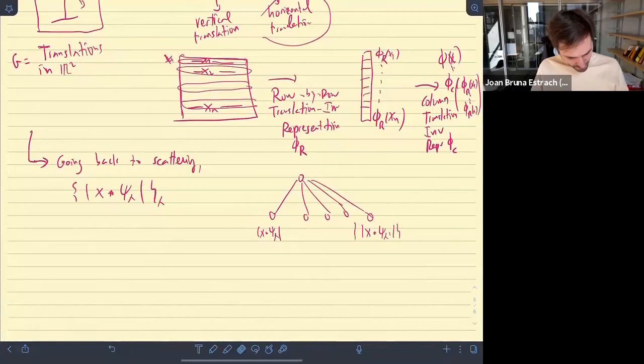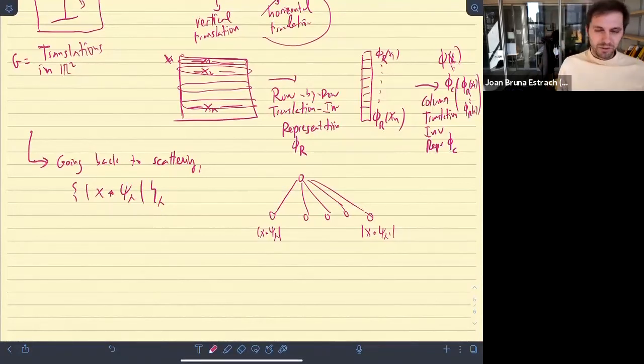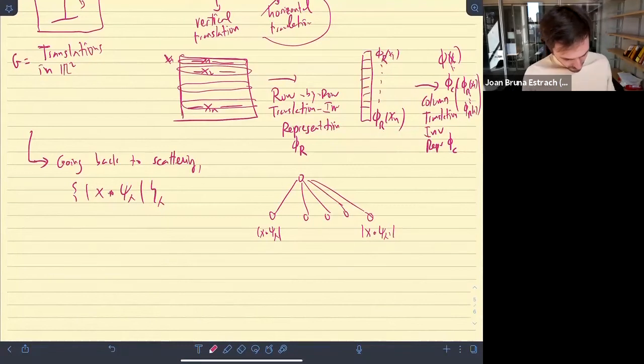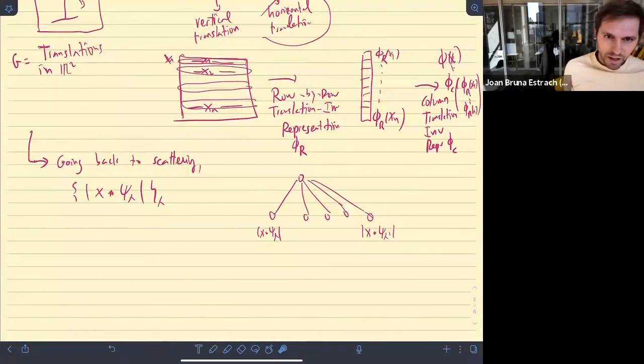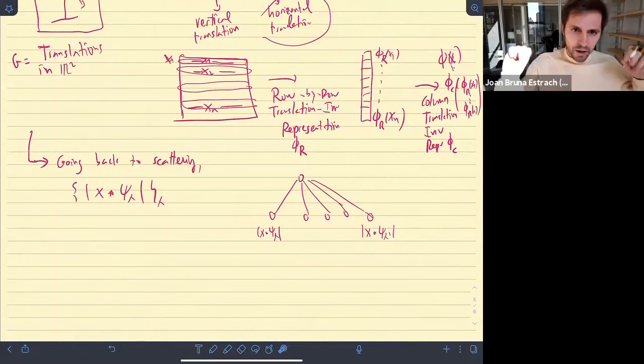So, to make our lives a little bit easier, we are now treating each of these things, each of these images, as being completely processed separately. There's no communication at all in the scattering that is happening between these things. So you should think about this as kind of a warning,